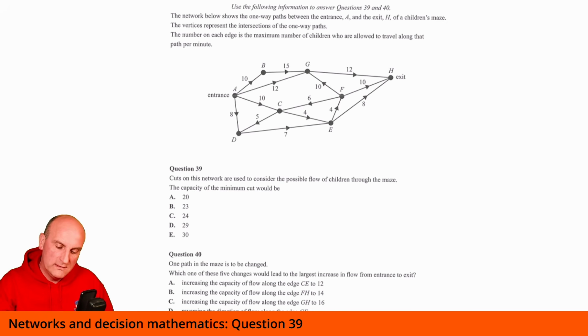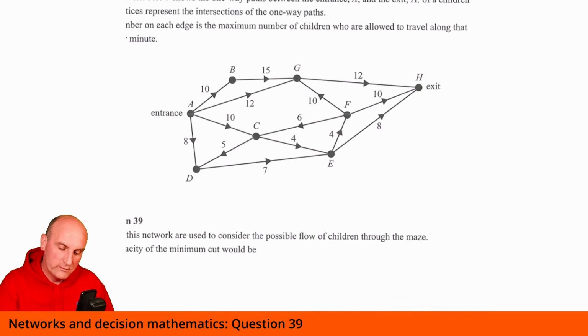Now, again, I really like these questions. Hopefully it's going to work with this one here, because what I do is I choose a path. I look for the smallest value on there and I subtract it. So that's going to be 0, that's going to be 5, that's going to be 2, all right? Because I've used 10 capacity there. So that's that path done. What path am I going to use next? Well, why don't we try this one here. So I've got 12 and 2, which means that 2 are going to go off of there, and that means I've only got 10 going there. So that's that one there.